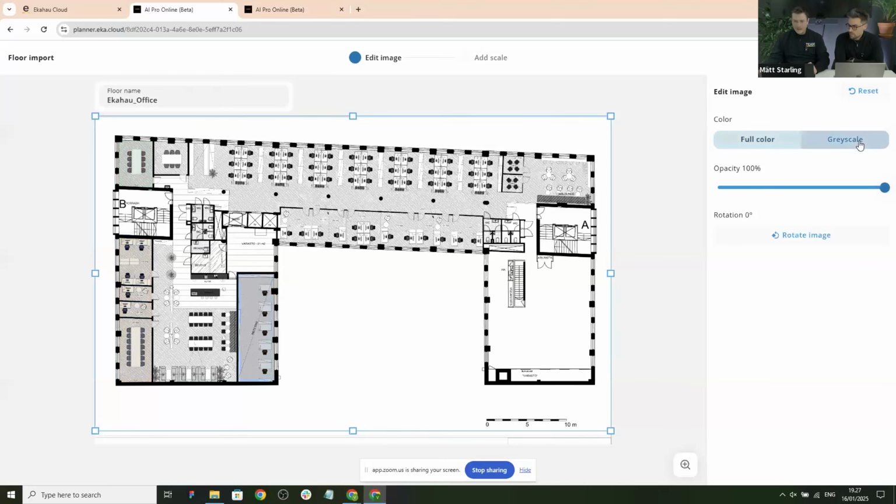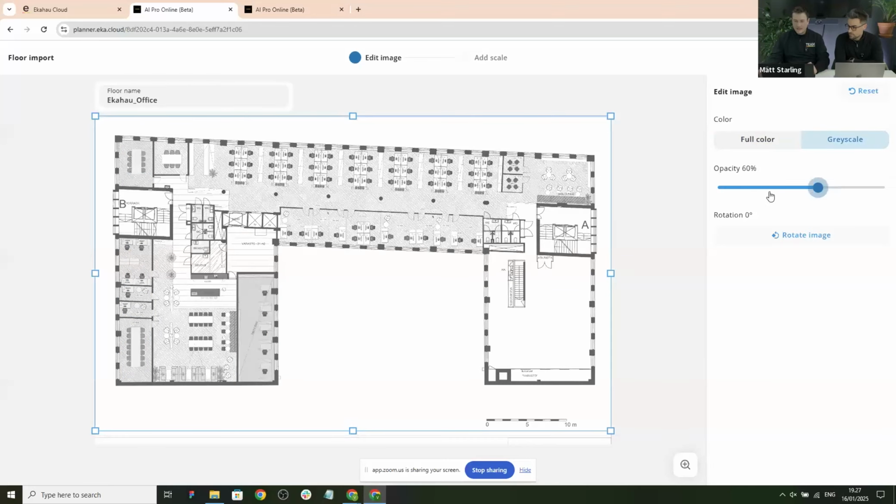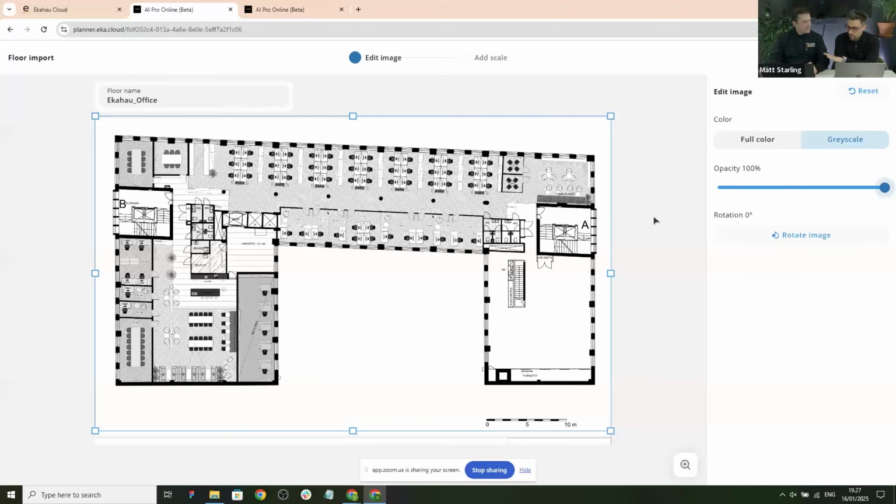Here I have some colors. I can turn them off. I can play with opacity, so I can maybe see some features more. Sorry, that was very fast. You just had a bunch of colors on the floor plan, and you just got rid of them with one click. Yes, because I don't see any colors. I'm colorblind, for example. For whatever reason, you can remove them. So then it makes it easier to see the heat maps because it's all just black, gray, or white. Yeah, absolutely. And for usability, of course, when you draw walls, they're different colors, so they don't distract you so much. Oh, that's a great new feature.